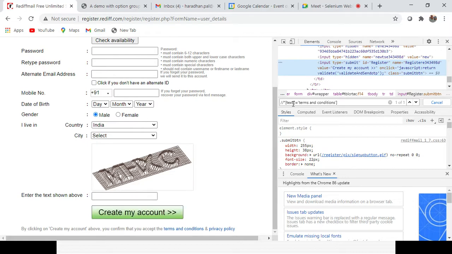Here, if you want to create it with value, you have to use not the text, but @value equal to. Let's see whether it is allowing or not with the value.